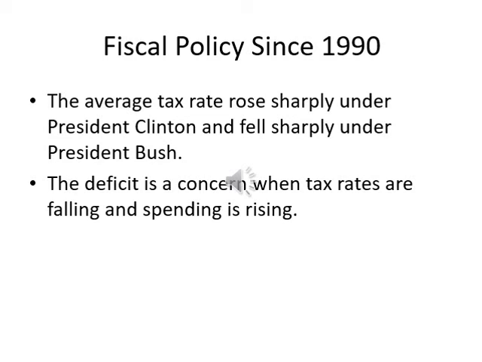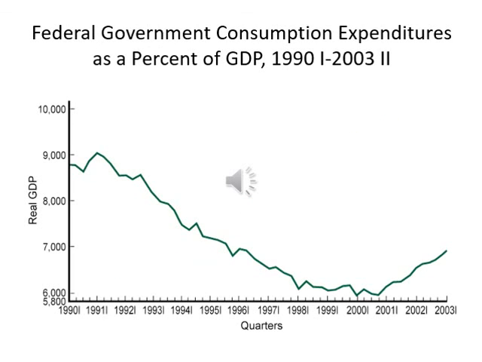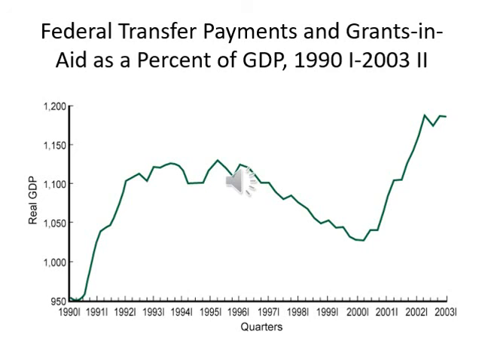Federal personal income taxes as a percent of taxable income, 1990 to 2003. Federal government consumption expenditures as a percent of GDP, 1990 to 2003. Federal transfer payments and grants in aid as a percent of GDP, 1990 to 2003. Federal interest payments as a percent of GDP,